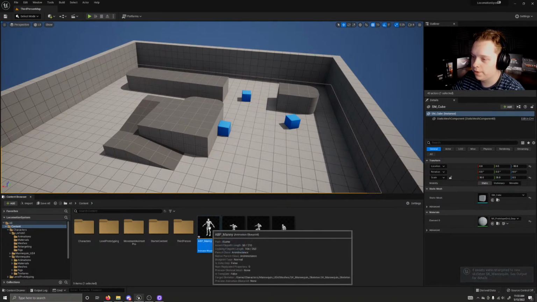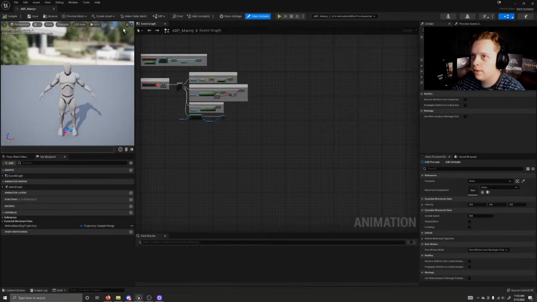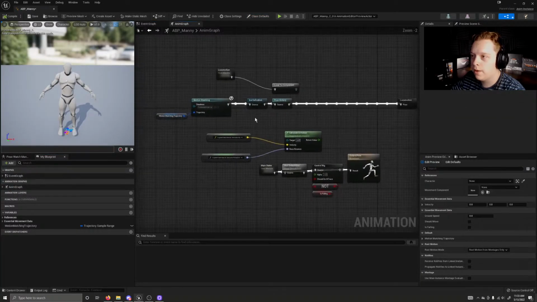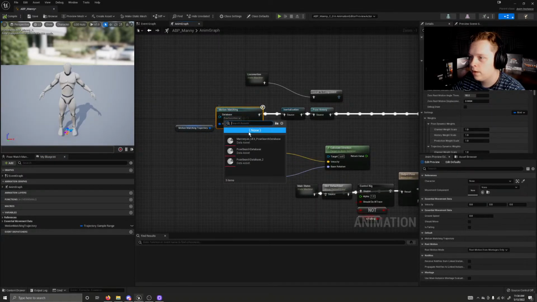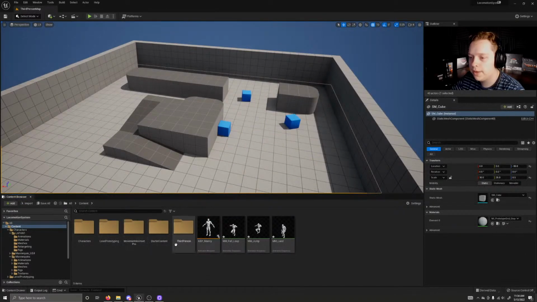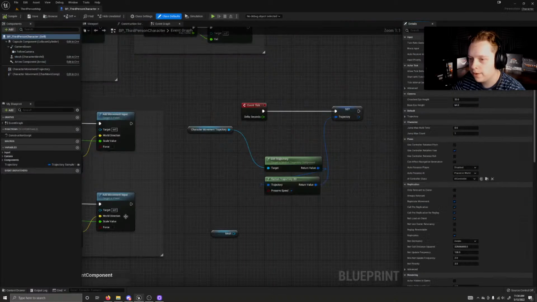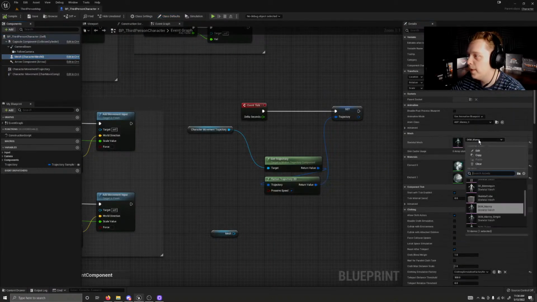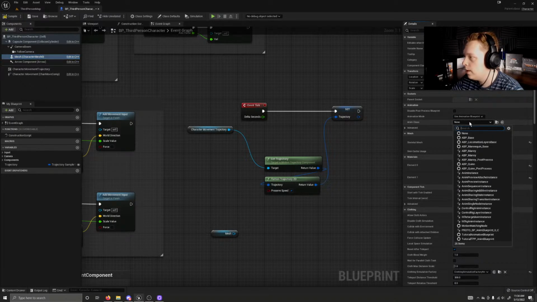It retargeted those animations, but we don't need them. It's fine. So I'll open this up, go into the anim graph, and there, we'll set our pose search database, compile, save. We should just be fine closing out of that. And now I'll go into the third person blueprint. I'm going to swap the mesh, and I'm going to swap the animation blueprint to